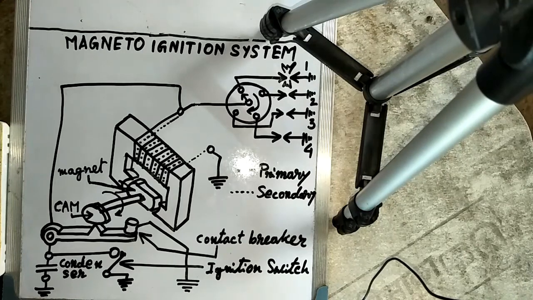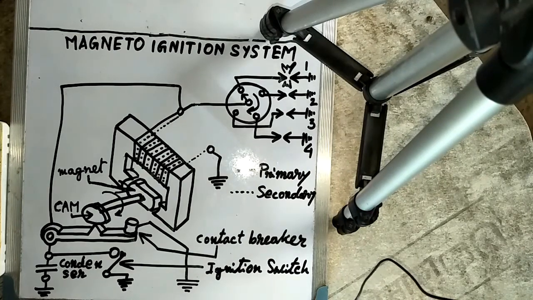A third type of magneto, called the polar inductor type, is also in use. In the polar inductor type magneto, both the magnet and windings remain stationary, but the voltage is generated by reversing the flux field with the help of soft iron polar projections called inductors. Okay, so the working principle of the magneto ignition system is exactly the same as that of the coil ignition system. With the help of a cam, the primary circuit flux is changed